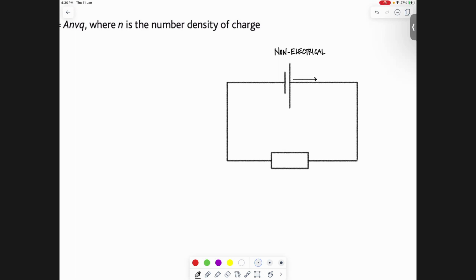Drives charges, meaning the electrons in the wire will start to move around and be pushed around. As they're pushed by the terminals of the battery, this is plus and this is minus, right? These charges will start to move through the circuit. And the rate at which the charges move through the circuit is what we refer to as what? Current. Current is how quickly your charges are moving. Okay,